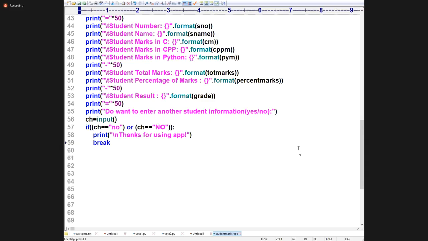Write a Python program which will convert an ordinary number into an equivalent Roman number.